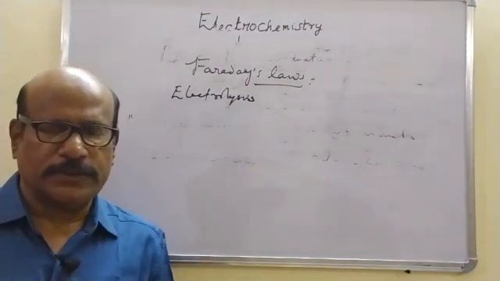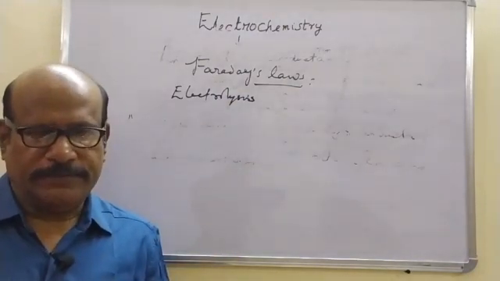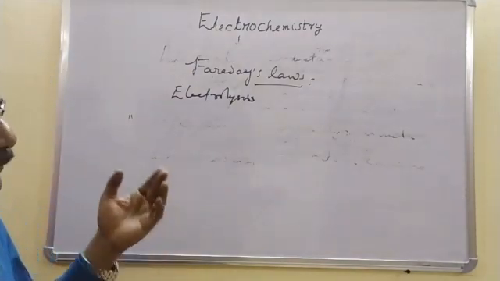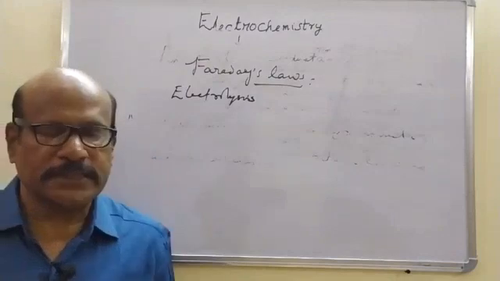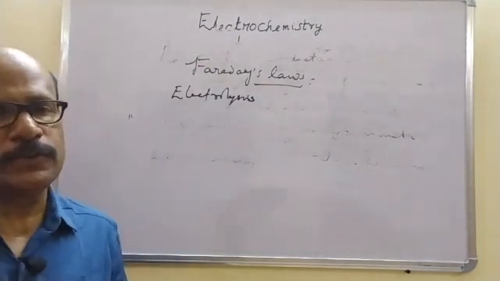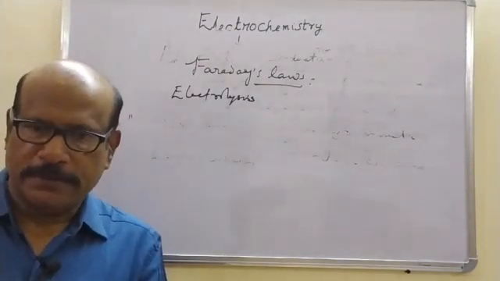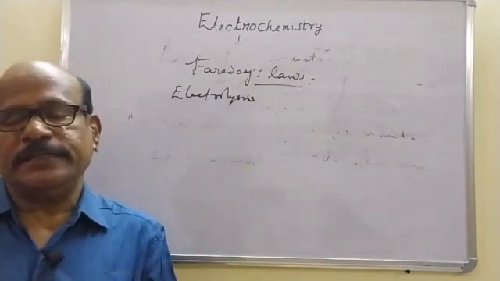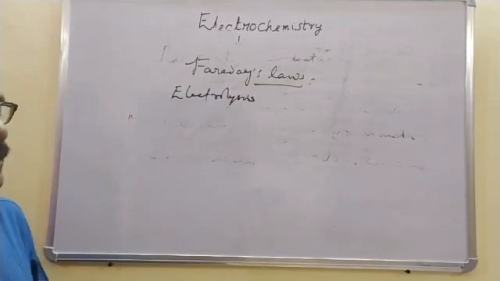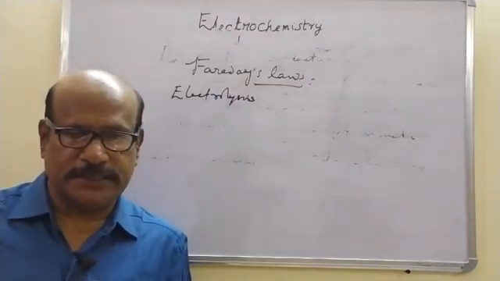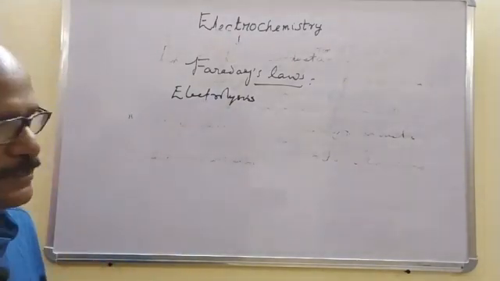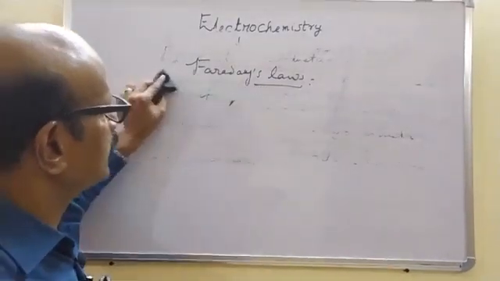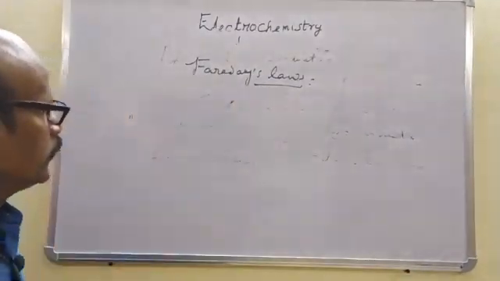The process by which any electrolytic conductor undergoes chemical change by the passage of electricity through it is called electrolysis. And there is a quantitative relationship between the quantity of electricity and the amount of chemical change taking place in any chemical system. According to Faraday's first law,